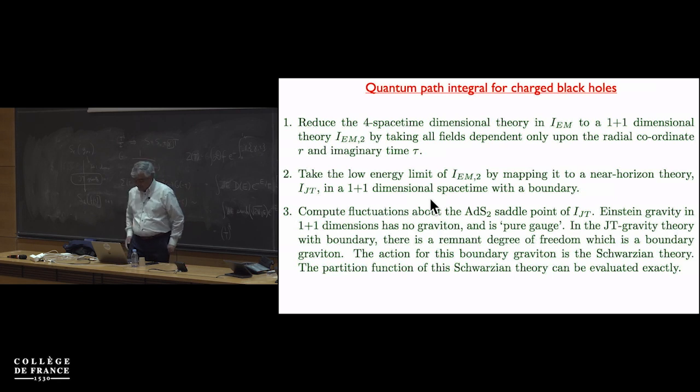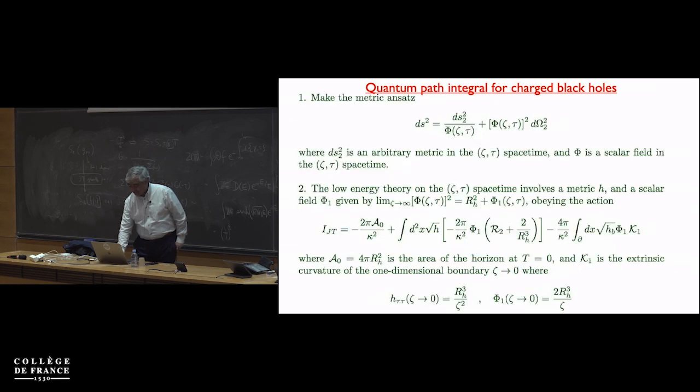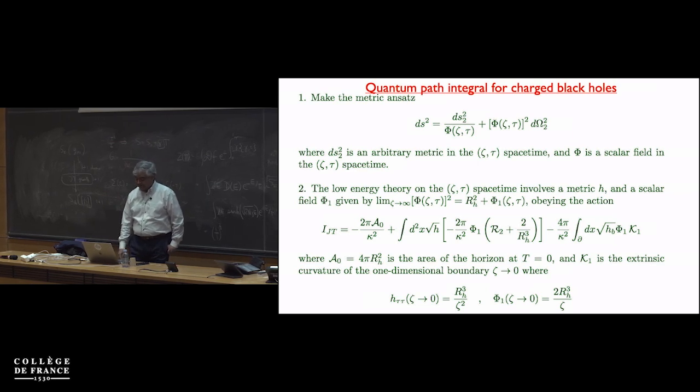All right, I'll be somewhat rapid because this is really a lot of gravity, which I doubt this audience has that much interest in. But just to sketch the argument, all of these steps are worked out in detail in a paper that I've written in